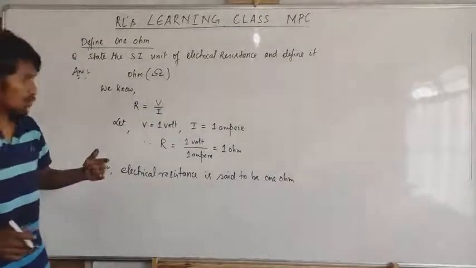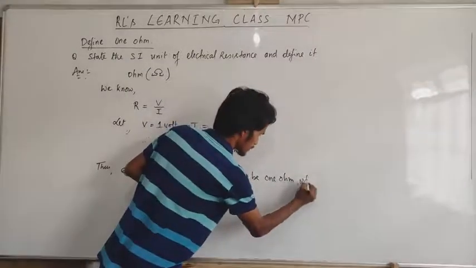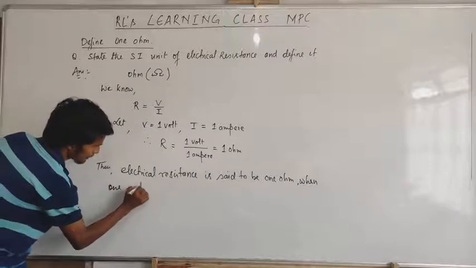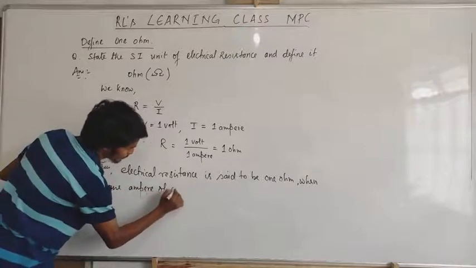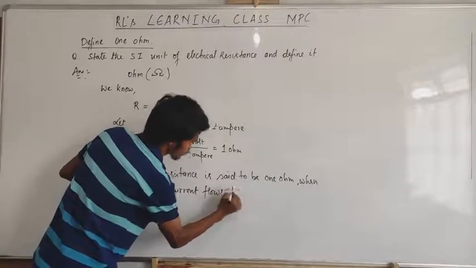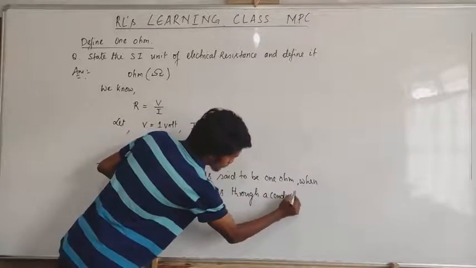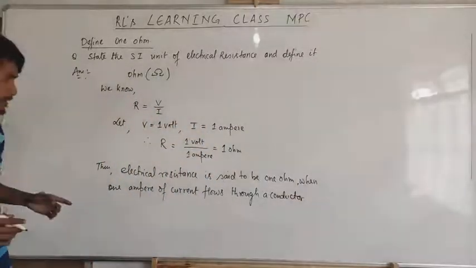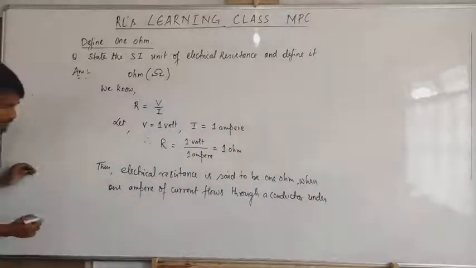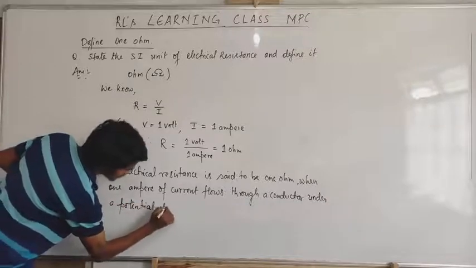Electrical resistance is said to be 1 ohm when 1 ampere of current flows through a conductor under a potential difference